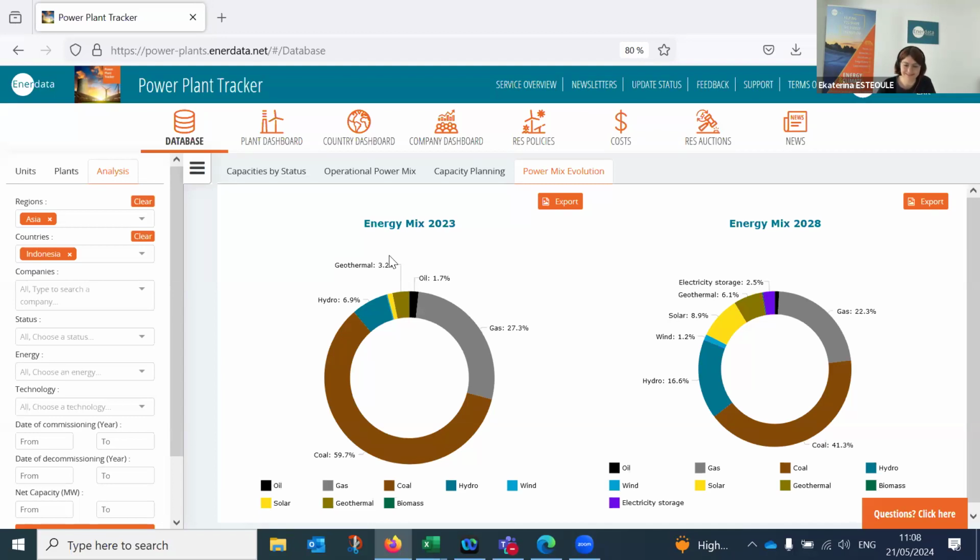Yes, as opposed to a top-down forecast, which is available in our other services, like leveraging our models. So this is a modeling exercise. This is totally different. This one is bottom-up from the field for the short term, being 5 years. And also the projects in the project status or under construction that appear here in the energy mix of 2028 can be found and tracked in the database itself.